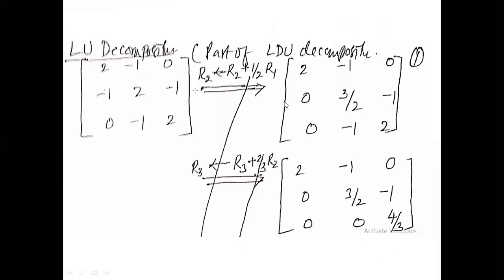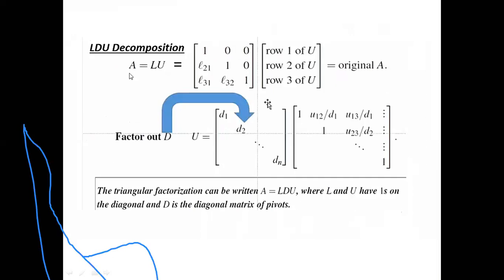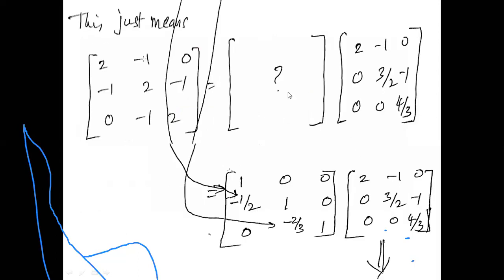I go back to this slide. I know that A can be written in the form of L into U. Okay, I have found U. I need to find L. I know the property of L. Property of L is it will have diagonals as 1. All components above this diagonal are 0, and rest of the factors. So let's go back. I need to fill this matrix.